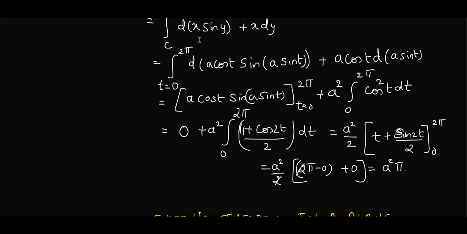Next, we have three theorems: Green's, Stokes, and Gauss theorem. Not to worry, I know you are scared of theorems and all. Here, we have only the statement. So by using the statement of the theorem, we have to solve the problem. By using these three theorems, we are again going to evaluate the line integral in different ways. Are you getting it? See, by using the definition, we know now how to evaluate a line integral, isn't it? We have to take f dot dr, which is converted as f dot dr by dt into dt. Then we have to perform the integration, isn't it?